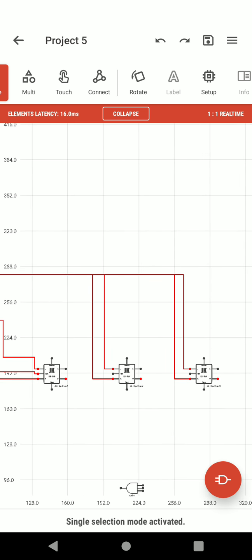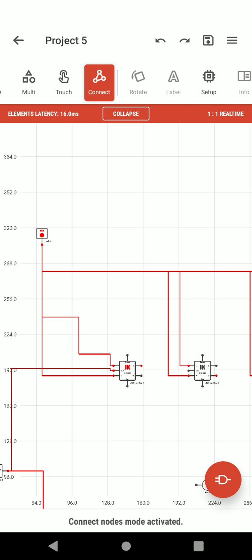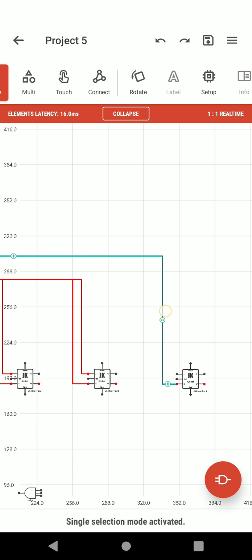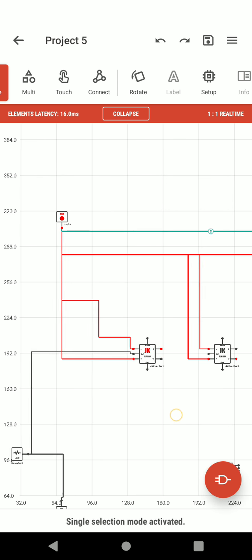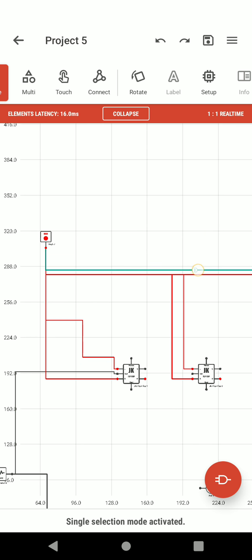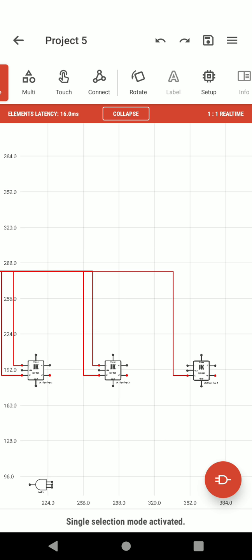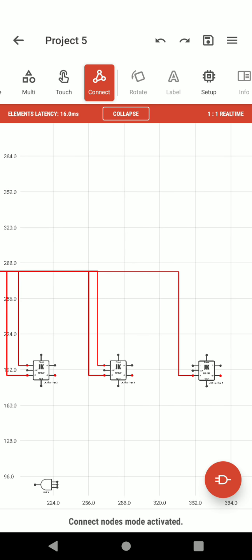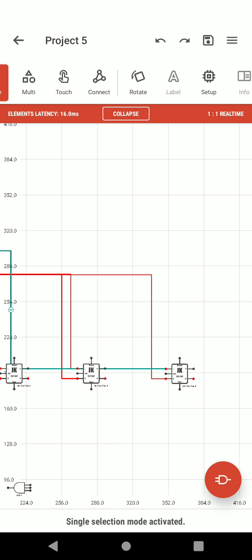Now again the same for the fourth flip-flop, we have to connect high to K of the fourth flip-flop, slide it, adjust this line, and again the same, connect high and J of the last flip-flop.